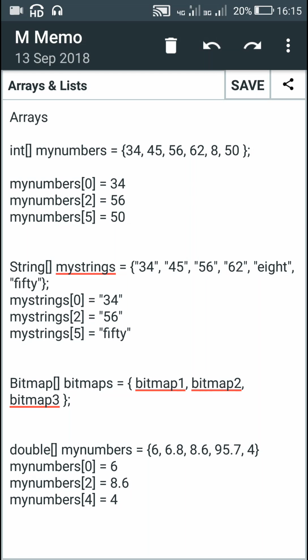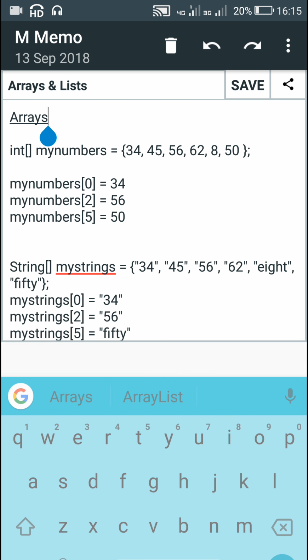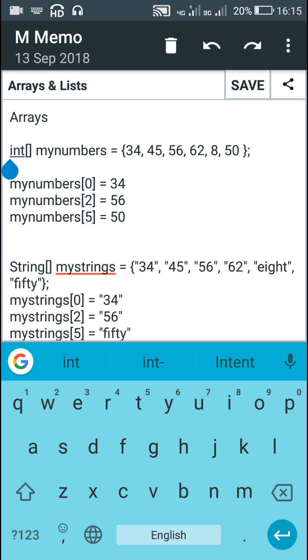Hello friends, in this video I will tell you about arrays and lists in Android Java. So let's start. First about the arrays. Here I have created a simple array of integers which contains these 6 items, and for creating an array first